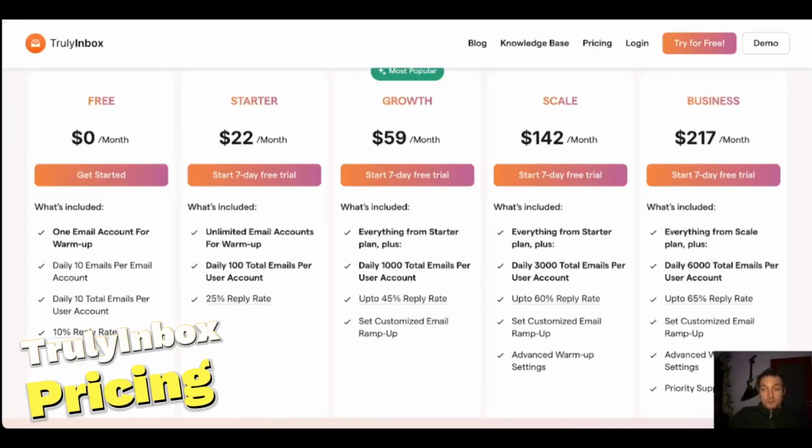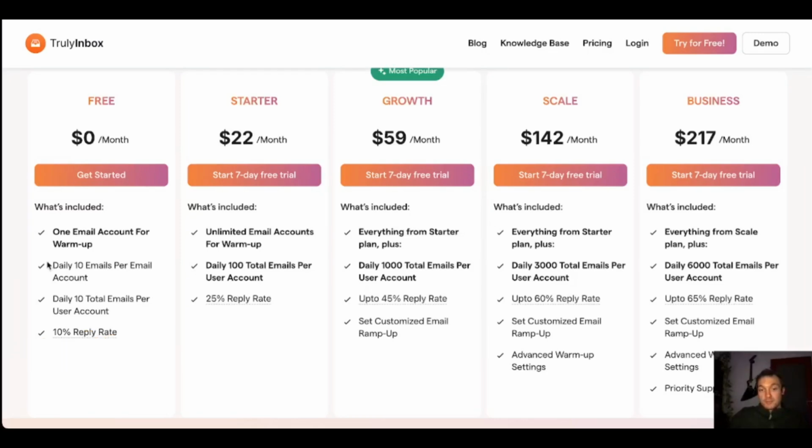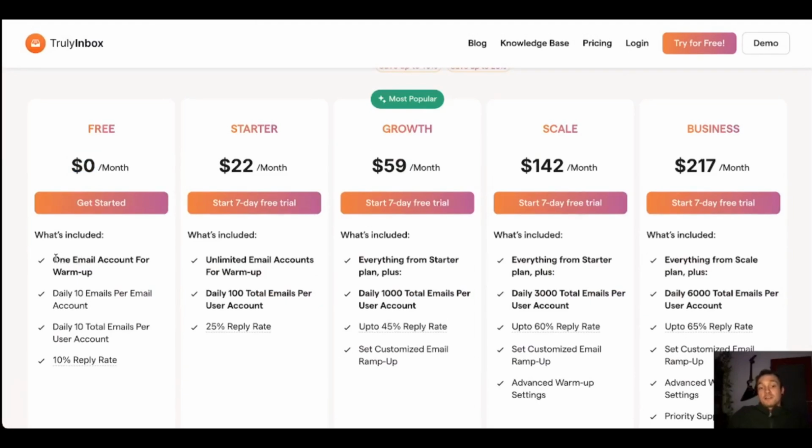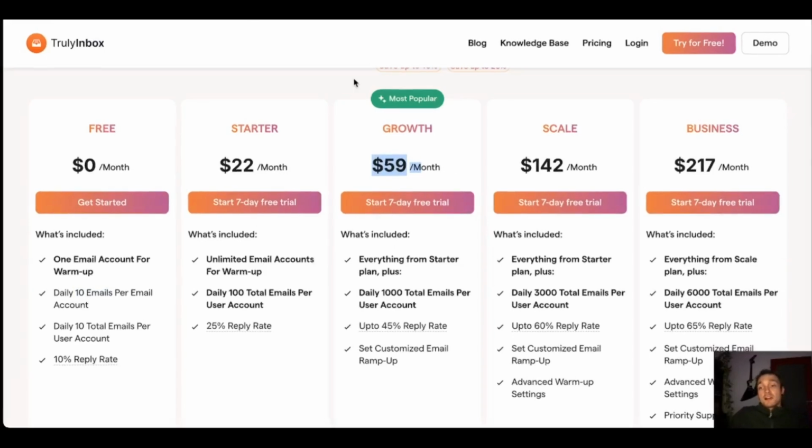This is probably the point where TrulyInbox is gonna appeal to a lot of people because it starts with a free plan. The free plan includes one email account for warm-ups and 10 emails per day. 10 emails per day are not really enough for anything serious, so it's more of a test drive, but it does let you see how the platform works, which is great. The starter plan is $22 per month, which gives you unlimited accounts and up to 100 warm-up emails a day. Next is the growth plan at $59 per month with 1,000 emails per day, and higher plans include